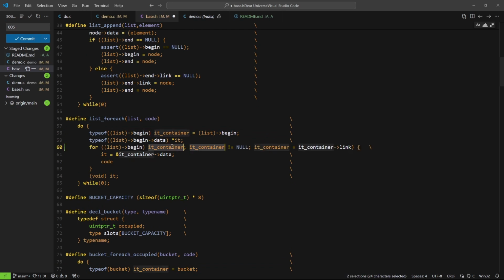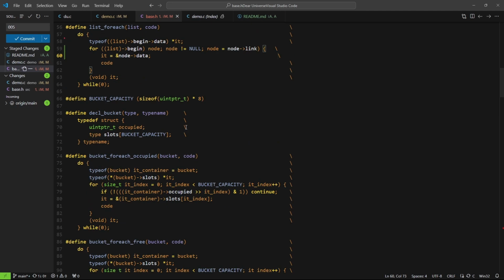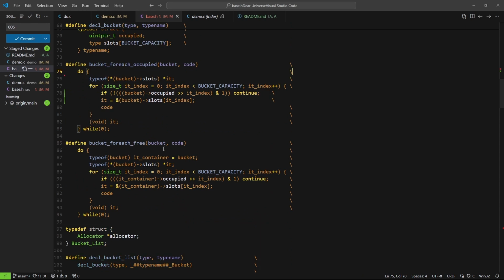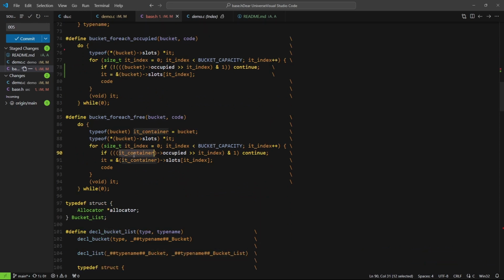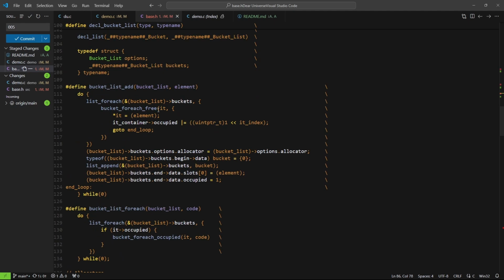I think I called it a node previously, so I can say this is a node, okay? I don't need to reformat, I'm just going to revert all of the changes, not important. And here I was using the bucket itself, so I can simply say bucket, and I can remove that. Okay, and here the same thing. Okay, and this is now complaining about something. Oh, here it's not it container, it's going to be